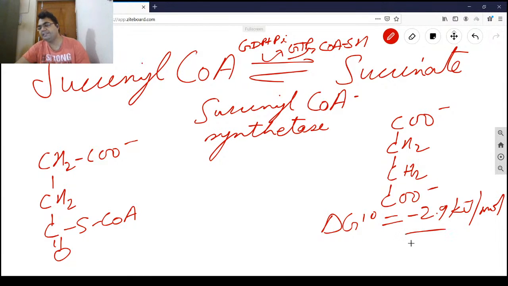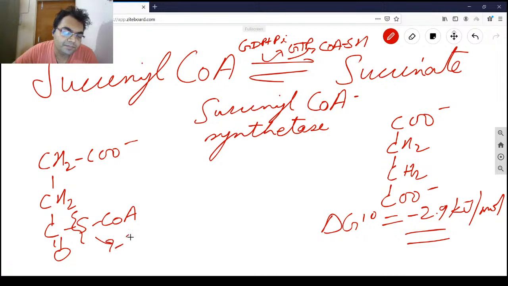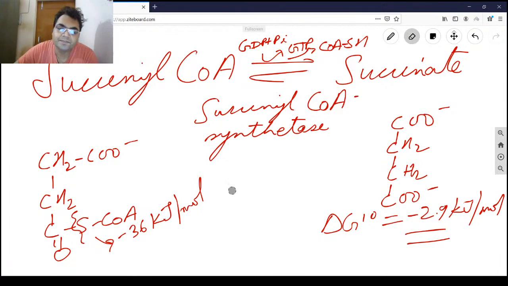So I want you to understand it is not why, how it is 2.9 kilojoule per mole, because this bond when it breaks, it has a negative del G naught, standard free energy, of minus 36 kilojoule per mole. But what happens is